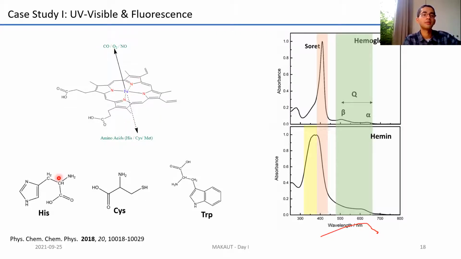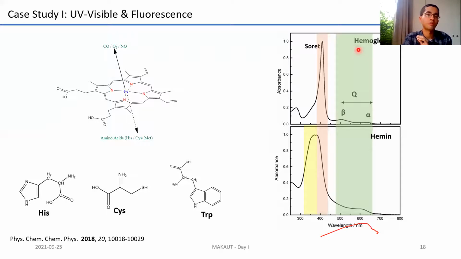When amino acids coordinate to this kind of moiety, this is essentially the foundational structure of many protein structures. For example, this is the UV visible spectrum of the protein hemoglobin. You plot absorbance versus wavelength, and there are signatures. These signatures, as I pointed out earlier, are associated with the electronic conjugated structure of the molecule. This is known as a Soret band. These are known as alpha and beta bands. Every molecule has its own eccentric signatures, but they can be used to identify the molecule.